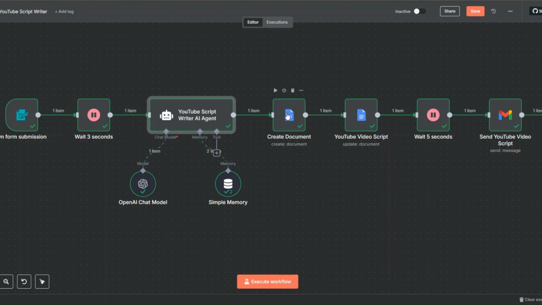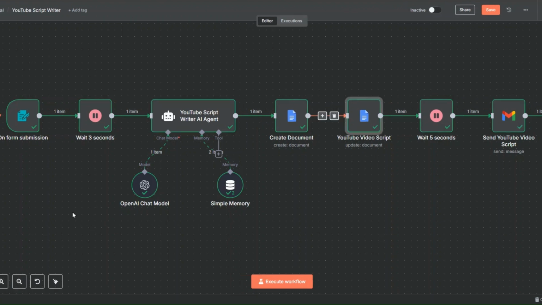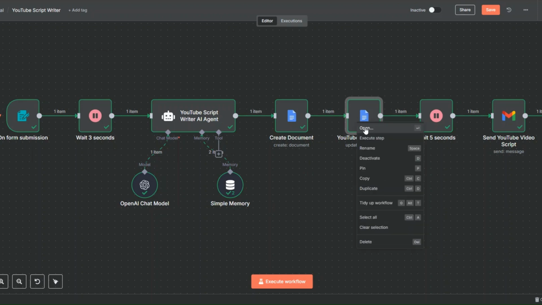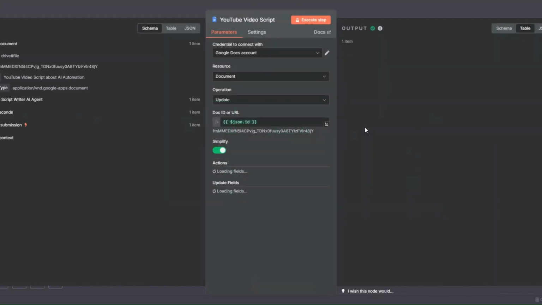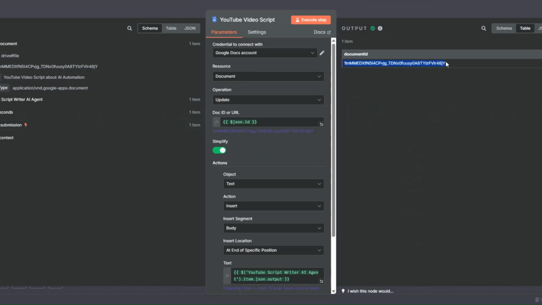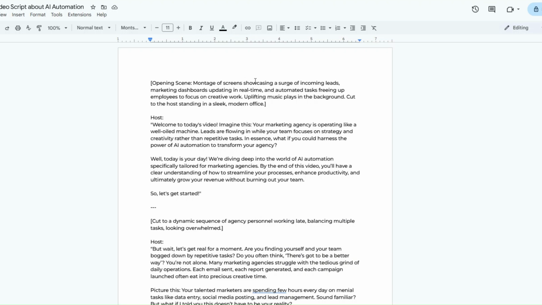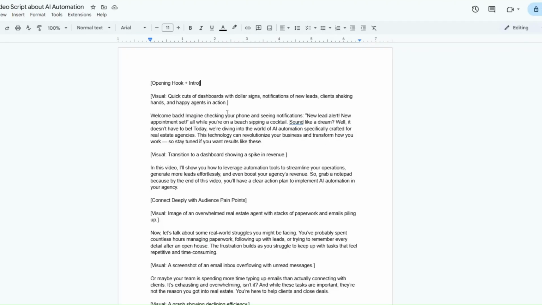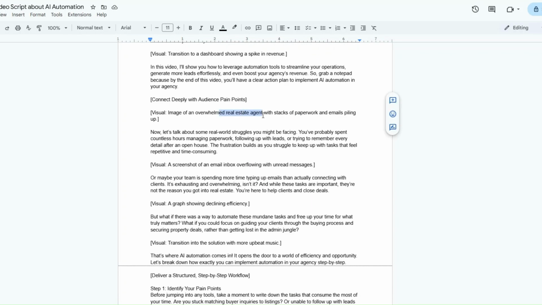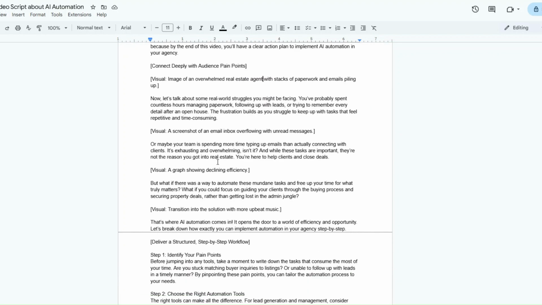Then we created a document in Google Docs where we added our transcript using this node. Then we waited for a few seconds and then we sent ourselves the transcripts via email. Now to view the YouTube transcripts, I'll open this node right here. Then here I'll copy this document ID, and then I'll click on back to canvas right here. And then I'll go back to our Google Docs file and paste the document ID in our link. Click on enter. Here you can see the transcript that we generated for real estate agencies over here, which is